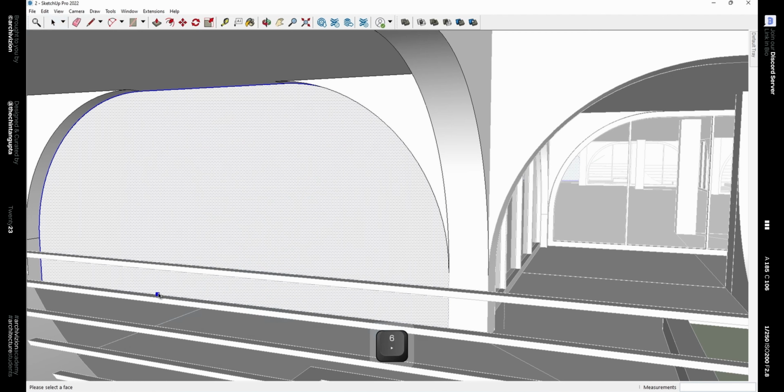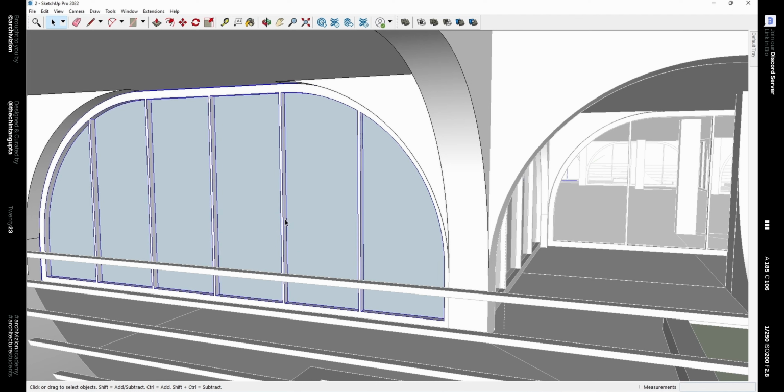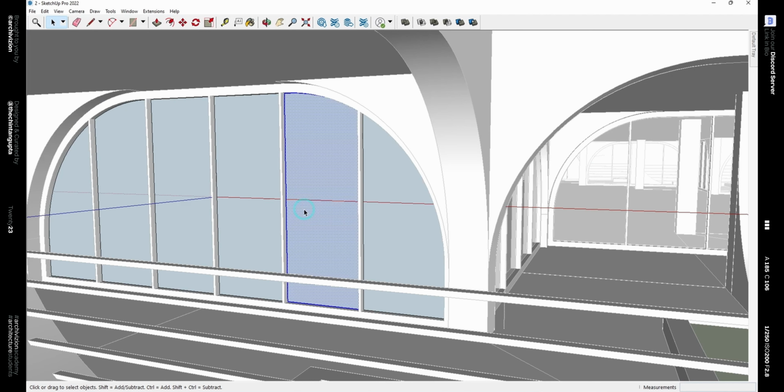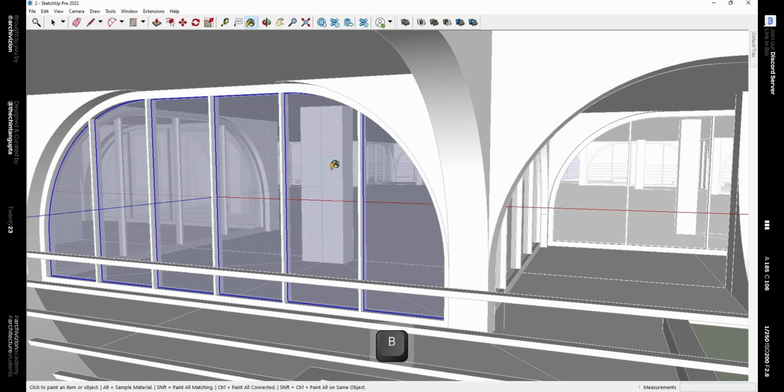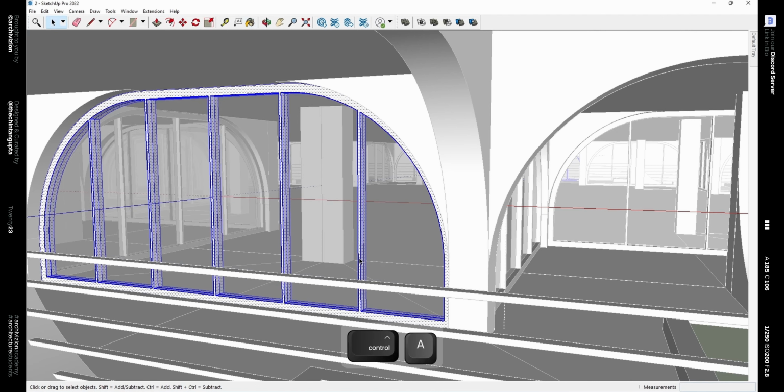Set the number of rows to 1 and number of columns to 6, and that would give us a wider window like this. We need to reverse the faces of this and then give it a glass material. And also we can give this frame a darker gray material as well.